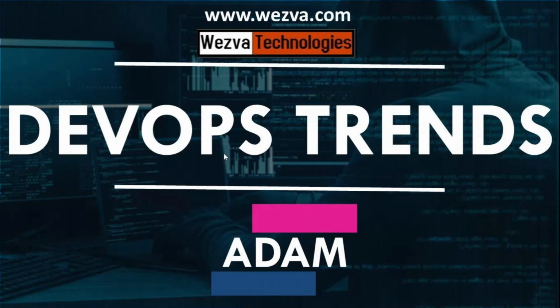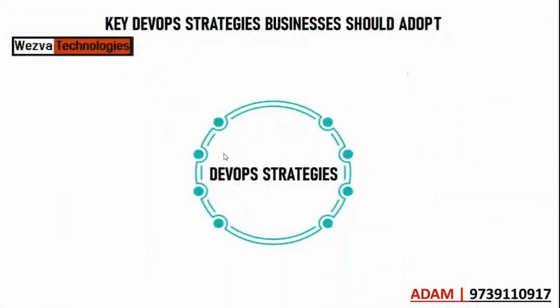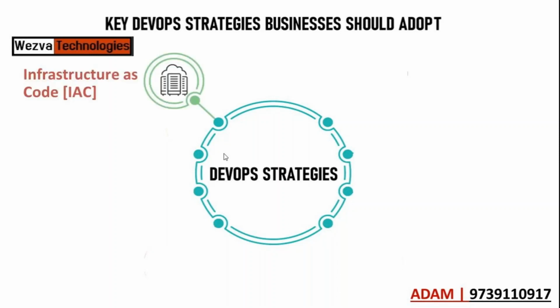Okay, so in the market, when you say DevOps, there are typically 9 best practices that a company will be implementing, which is nothing but some automation that you will do, and there is an outcome for that. So from a very high level, what are those trends or best practices that a company wants to implement by adopting DevOps? Okay, so the first thing is infrastructure as code. I'll talk about each one of them in depth in some time, but for now, just understand what those 9 best practices are.